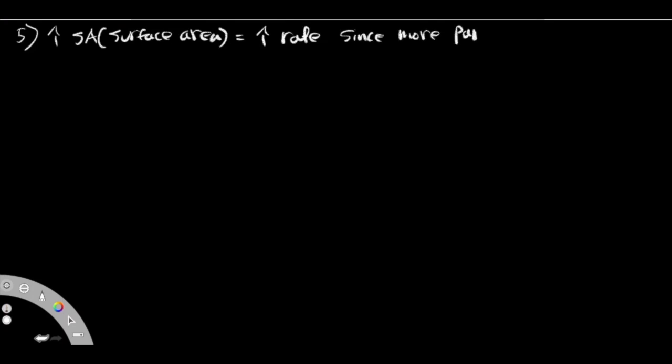Let's look at our fifth factor. We just increase surface area. Okay? Here, I'll just put it here, surface area. So, if we increase surface area, this is also going to increase the rate of reaction. Now, how do we know this? It's because more particles are exposed. Since more particles are exposed to collide in the same amount of time,